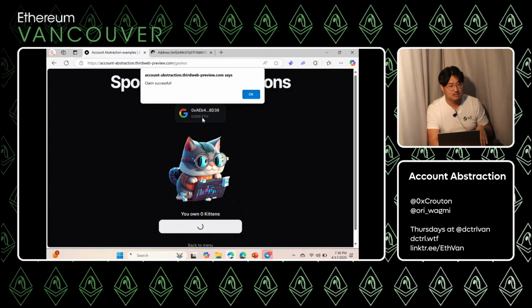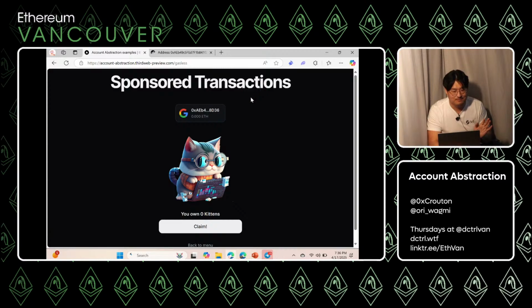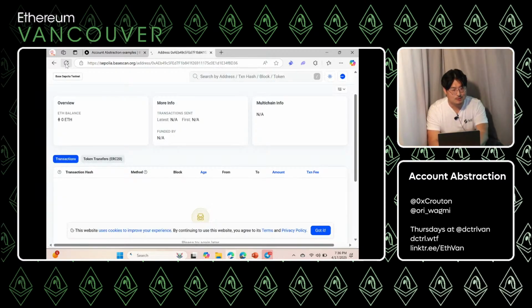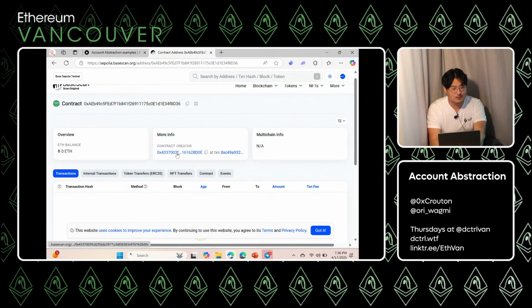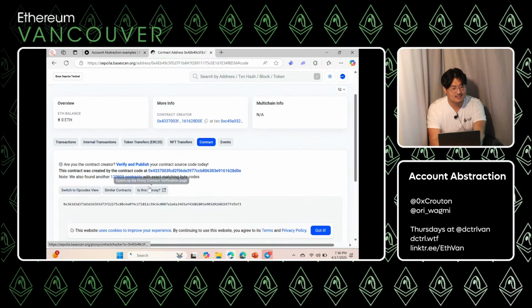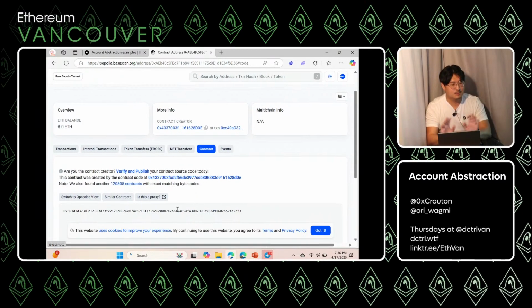Because, you can see here, this account, I don't have any gas, right? I've never gotten gas. Cool, so that worked. And now if we refresh here and see what happens, cool. So we can see here, this is now a contract. This address that was previously empty is now a smart contract. So this is my smart contract account.